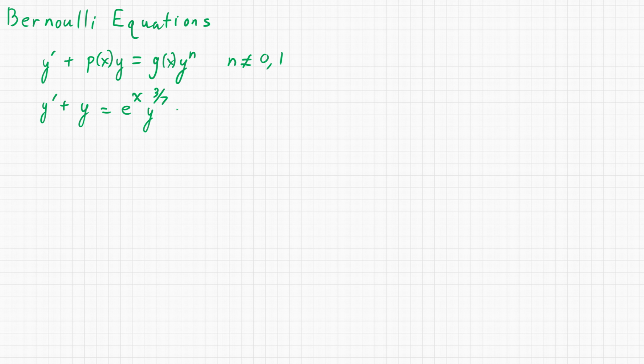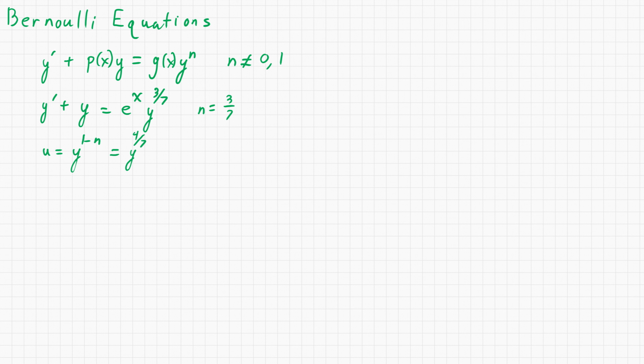Yet another Bernoulli equation. So here we have a more interesting fraction here. It's n is 3/7. You know, it can be a positive integer, it can be a negative integer, it can be a fraction, it can be any fraction. Here we have 3/7. Right, so we have our n equals 3/7. So then our u substitution, again, is y to the 1 minus n. Okay, so 1 minus 3/7 is y to the